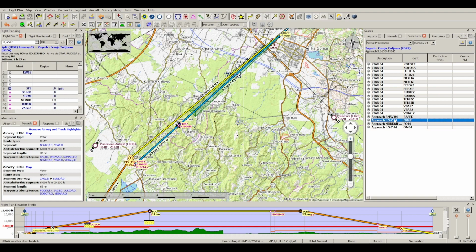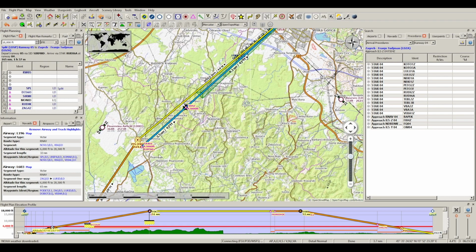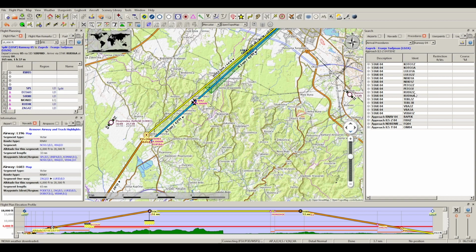In this case, ILS Zulu will be a really sharp turn to the right and left and everything, and it won't be actually good. If we use that Rudik 2 Zulu, then maybe we can use this approach, but we need to use ILS Yankee because we need a little bit more time to adjust to the ILS. So what I'm going to do is insert approach ILS Yankee, outer marker 04 into flight plan, and voila, our